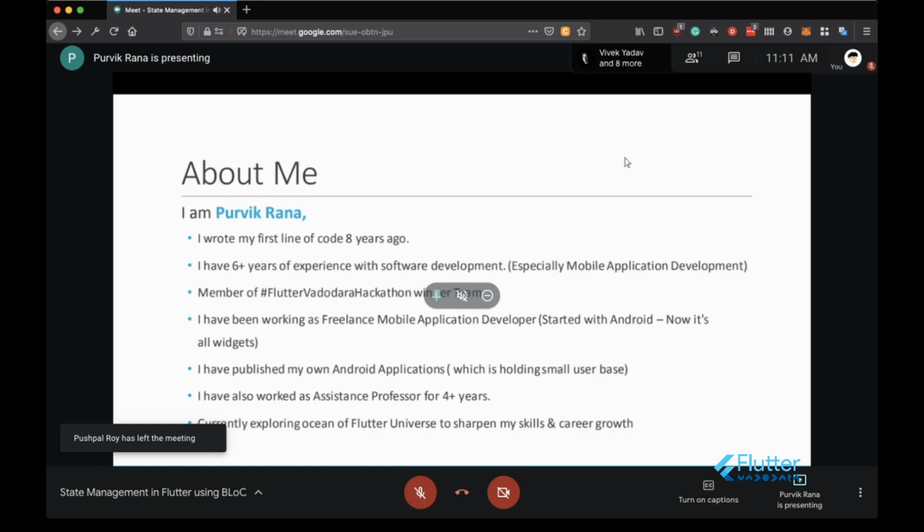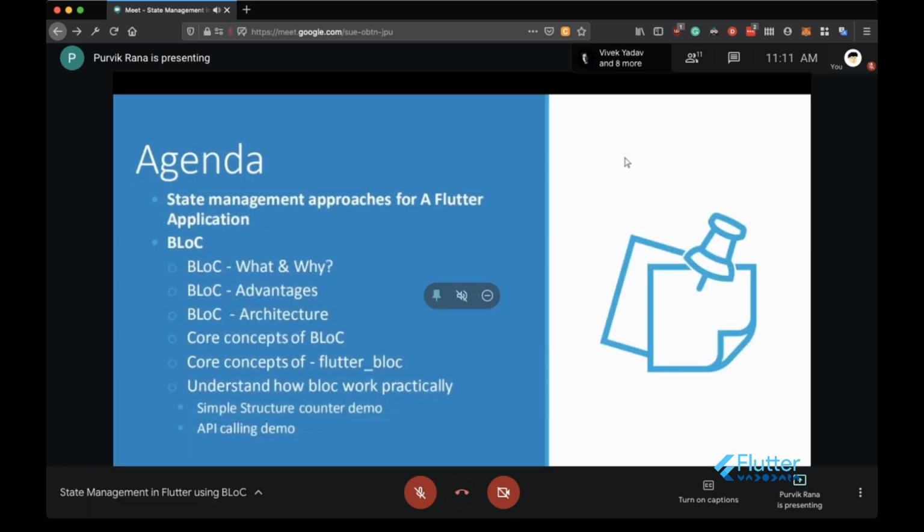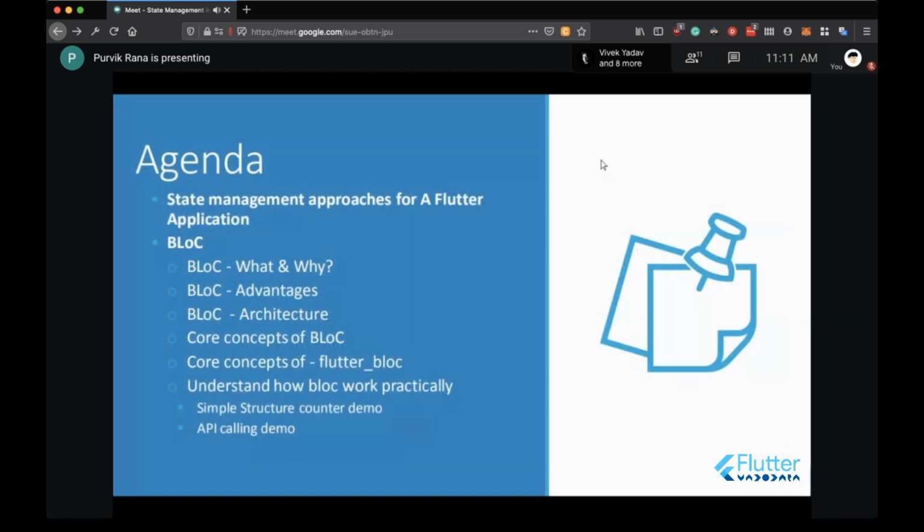So that's about me. Talking about today's agenda: we will be looking at state management approaches. I will just give you the names of the state management approaches available for a Flutter application. Then we will move to BLoC. We will see what BLoC is and why we can use it. Then we will see the advantages of BLoC.